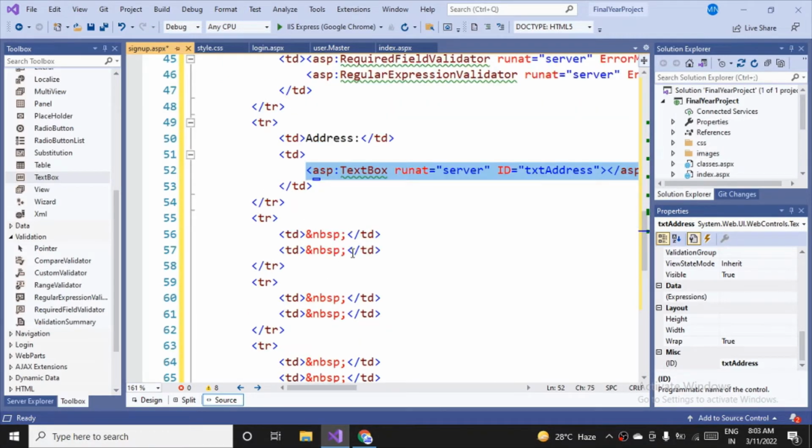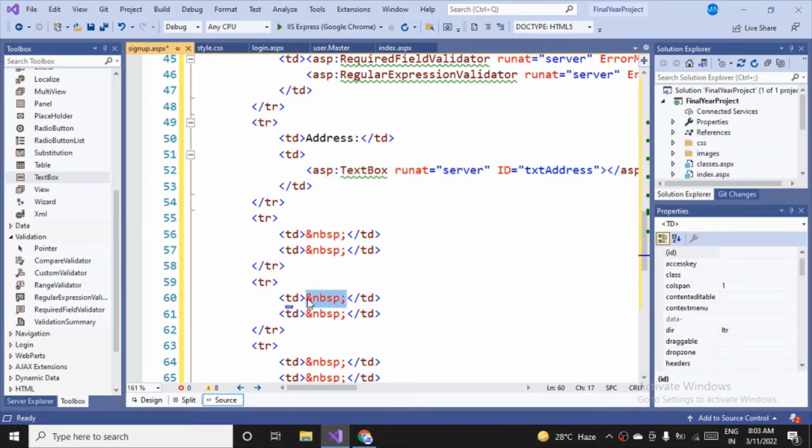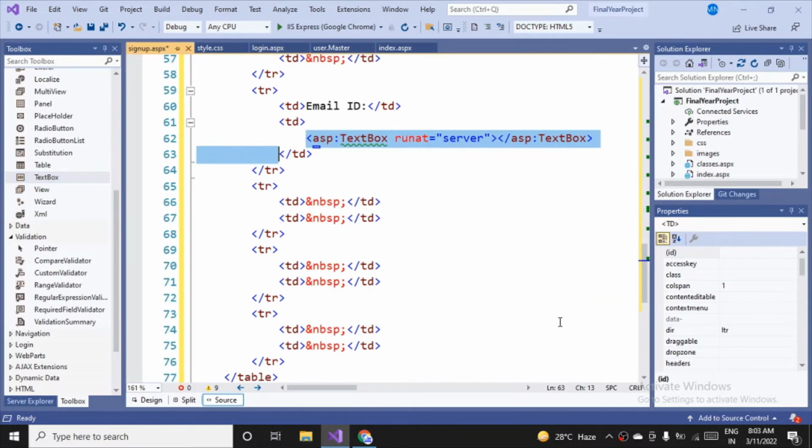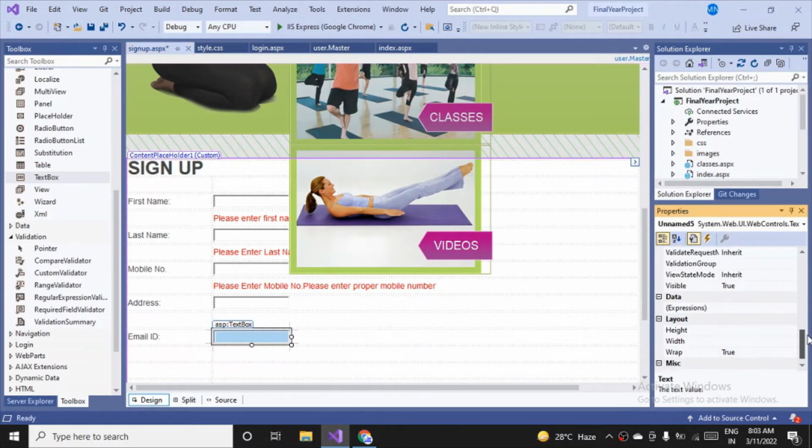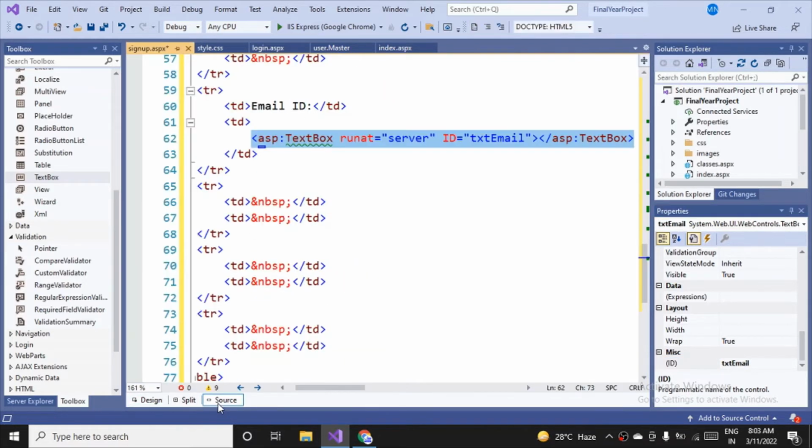So moving on to the next part, that is email ID, which I wanted to focus on. So I'm leaving one row here for the required field validator. Now the next will be email ID, and here I want to have a text box for email ID. Similarly for the email ID also, we should have a regular expression validator, and it is already there by default. So we'll see how to choose it. So txt email, setting the ID property of the text box first, and going to the source back here,